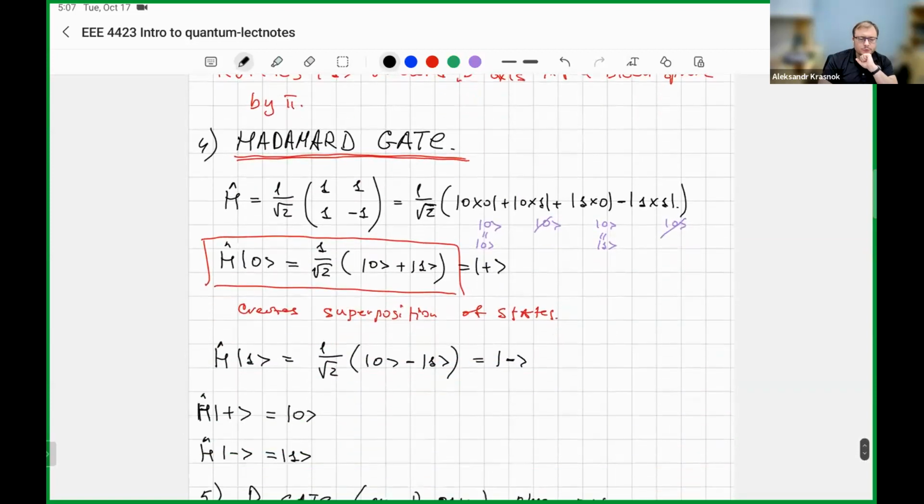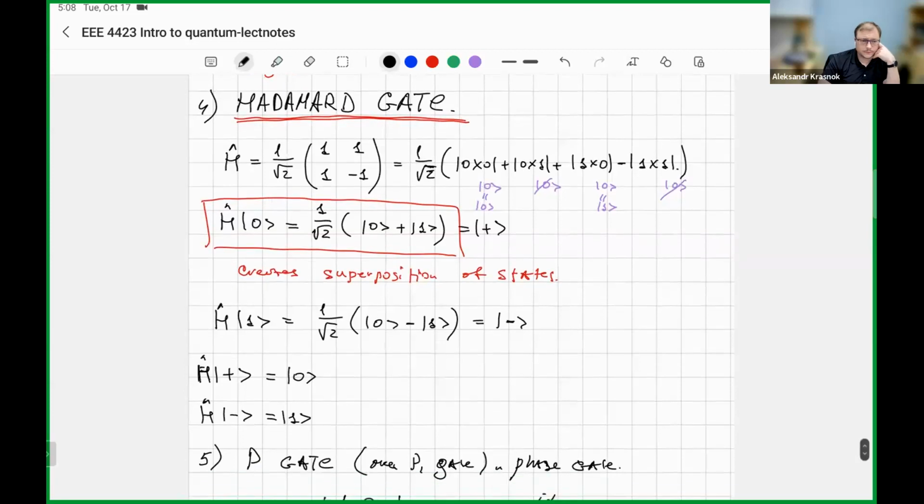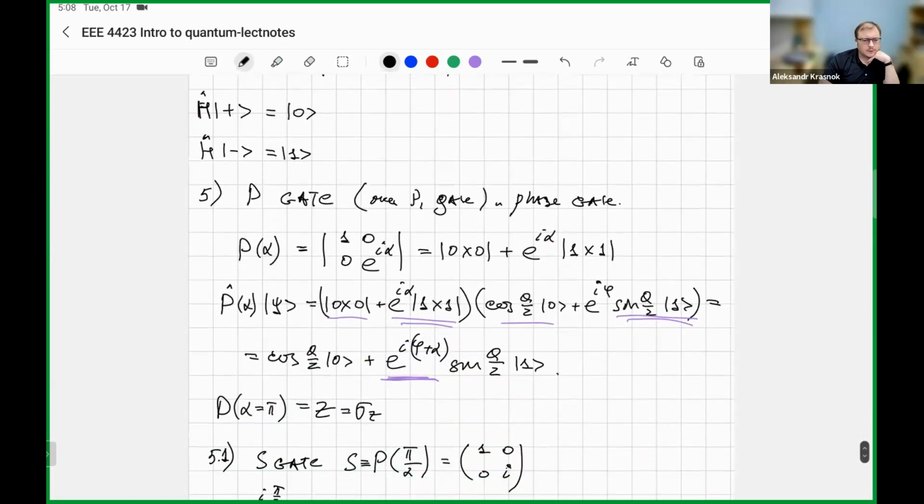And then we introduced this important Hadamard gate. The purpose of this gate is to create a superposition of states. For example, if we start from the state 0, this Hadamard gate creates the state plus, which is a perfect superposition of state 0 and 1. Okay. And some other gates